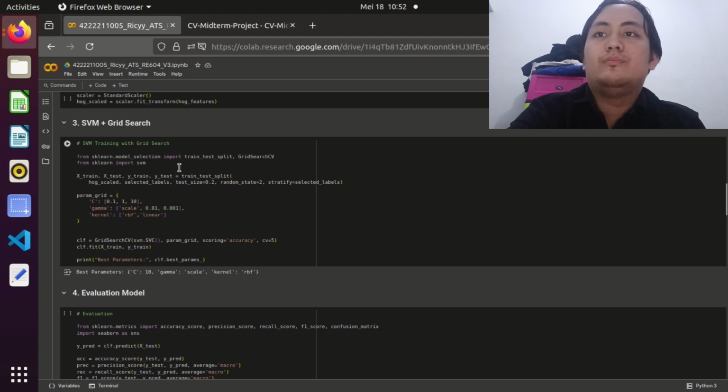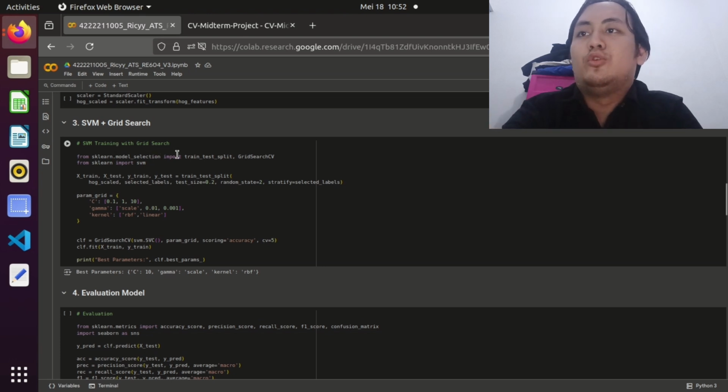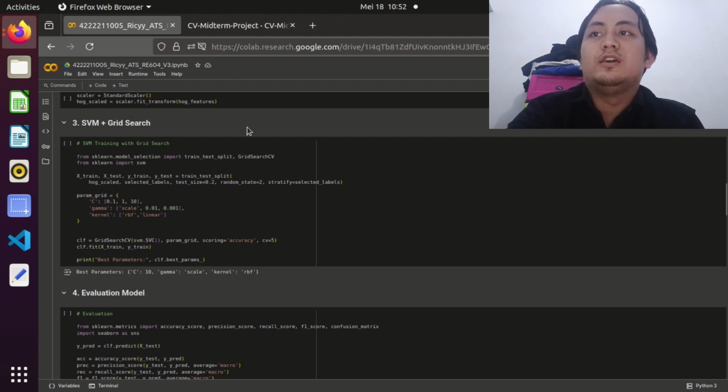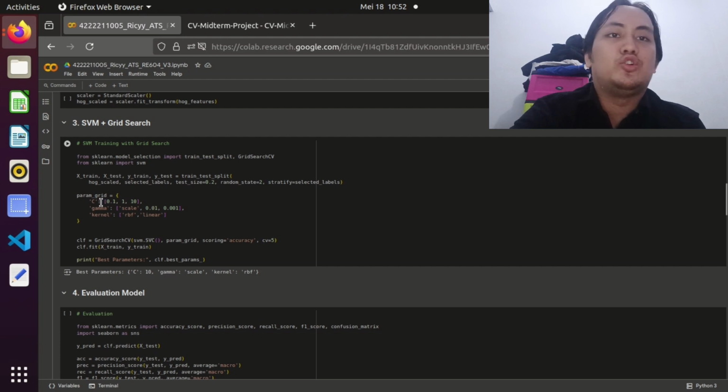Next, I'm building the model. I'm choosing the SVM model because we are asked to use that model. This code is for training the SVM. I use a support vector machine for classification because it's powerful for high-dimensional data, but also because the task asks me to use that tool. To find the best model, I apply GridSearchCV with 3-fold cross validation.